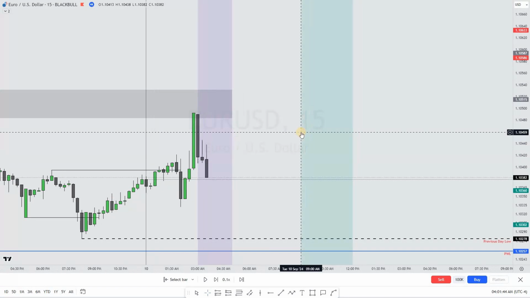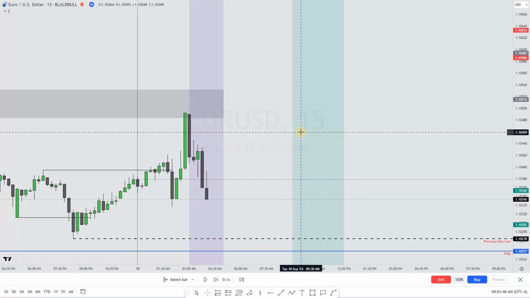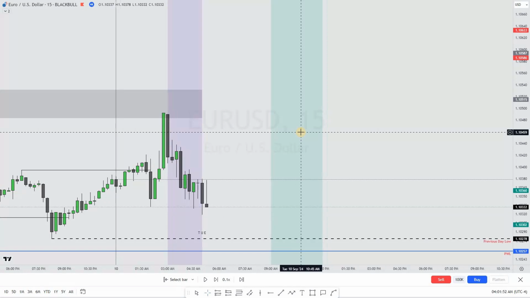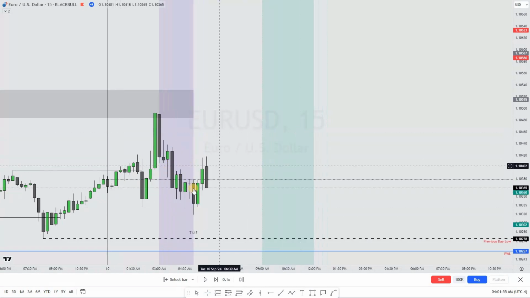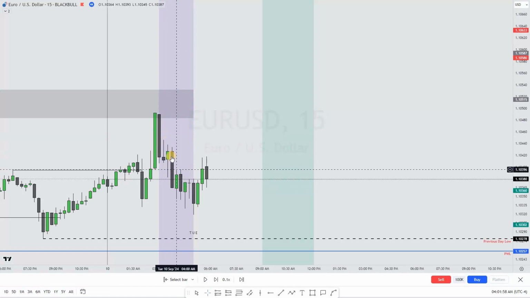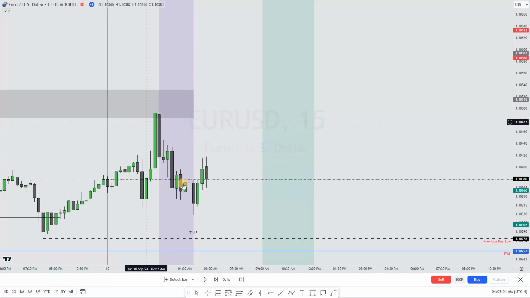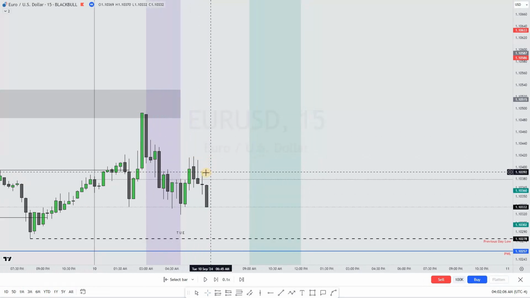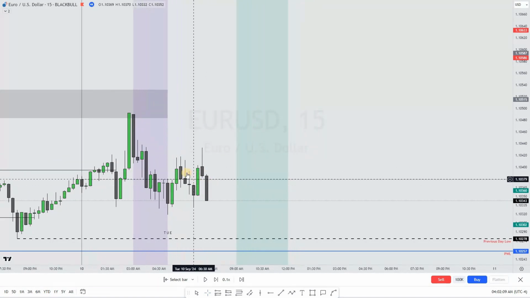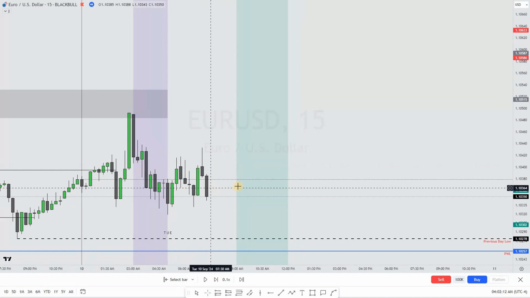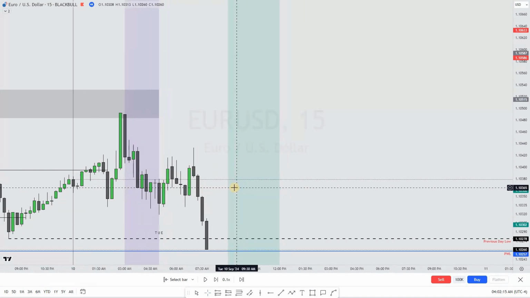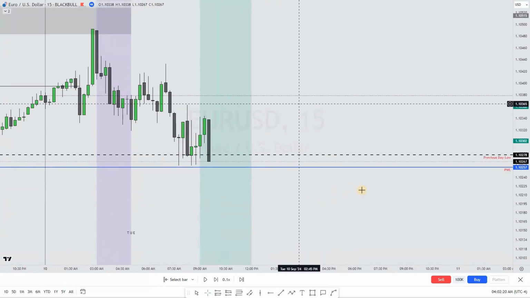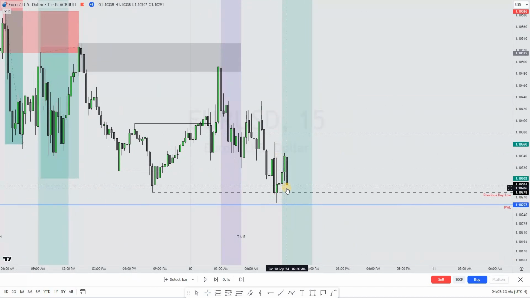I was just waiting and waited and waited. And pretty much there was nothing here that made me want to take a trade. So there was no trade here. I continue to wait and wait. So now here, by my rules, I can't do anything until 9 a.m. So I will just allow price to move and move. And price did move until we reach 9 a.m.